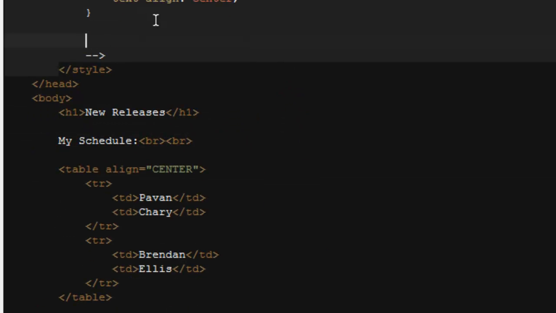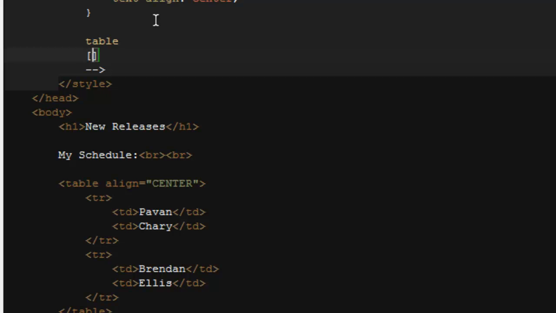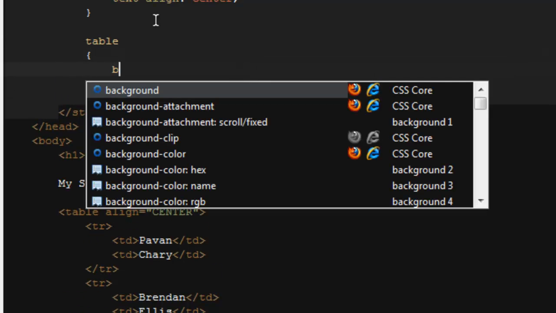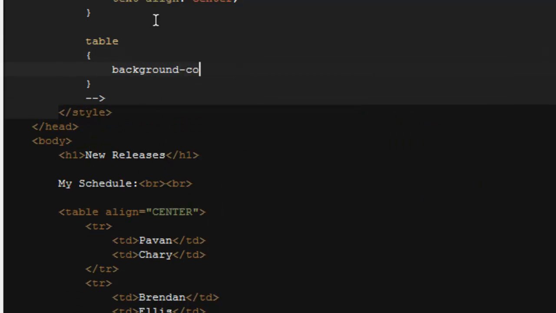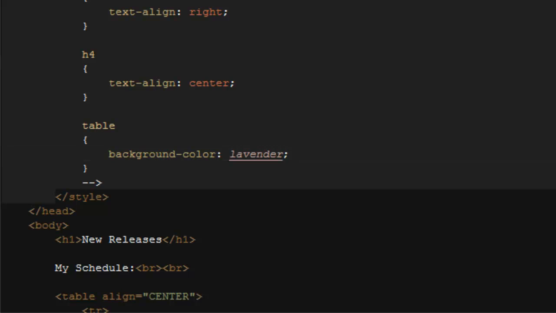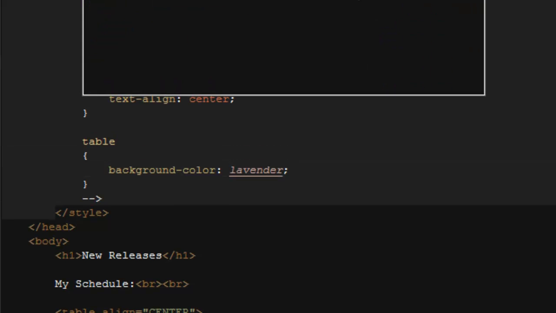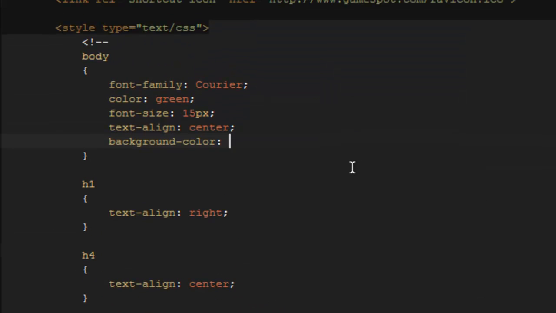Inside this, let's say we want this table to have a background color of lavender, because lavender equals happiness. Then our table has that nice little lavender background. So this would look good against, I'm guessing, a background color of orange, maybe? I'm not a fashion kind of guy, but we'll make it orange. Want to know why? 'Cause orange looks awesome. Anyways,